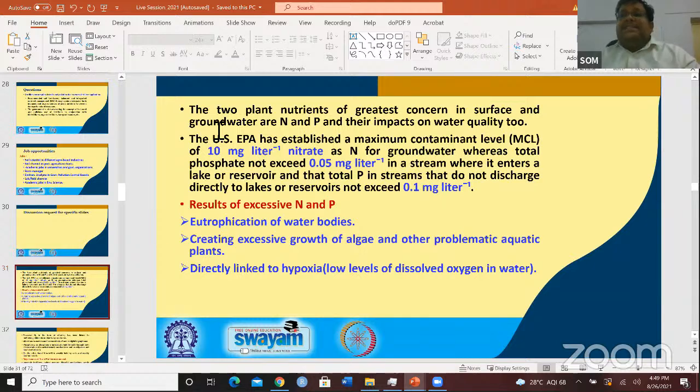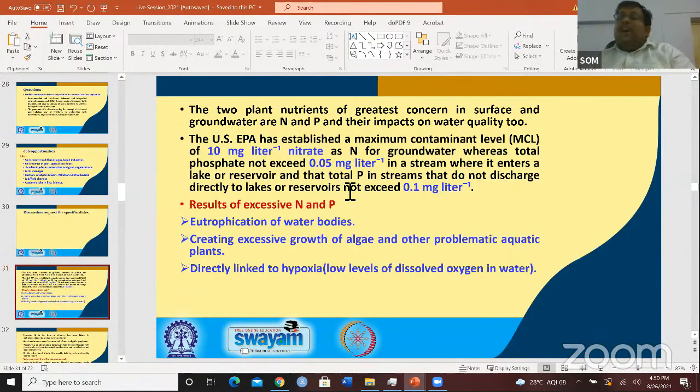And in a stream where it enters a lake or reservoir, total phosphorus should not exceed the limit, and likewise for streams that do not discharge directly to a lake or reservoir. So these are different types of maximum contaminant levels which we should not violate. Otherwise, there will be